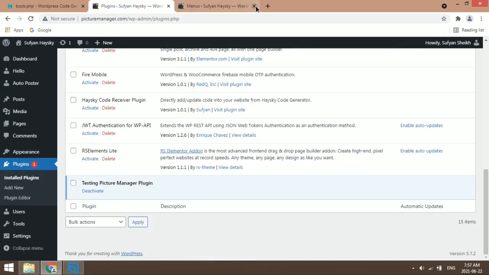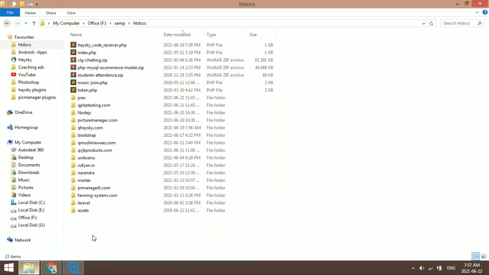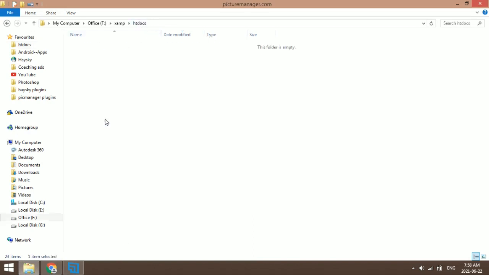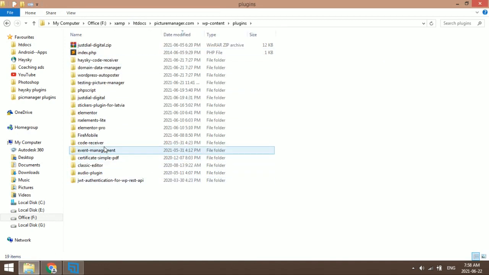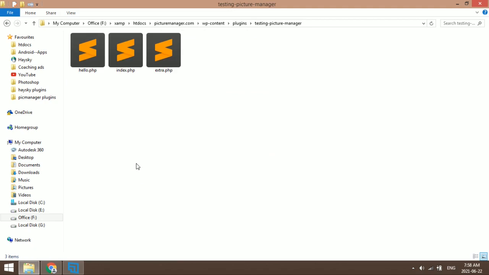So as of now I will use this testing plugin, or you can create new plugin also. So this is our htdocs, and here we have picturemanager.com, content, plugins. Now I am using this testing picture manager plugin. So we have three files here, so no need of these two files, we can delete them.